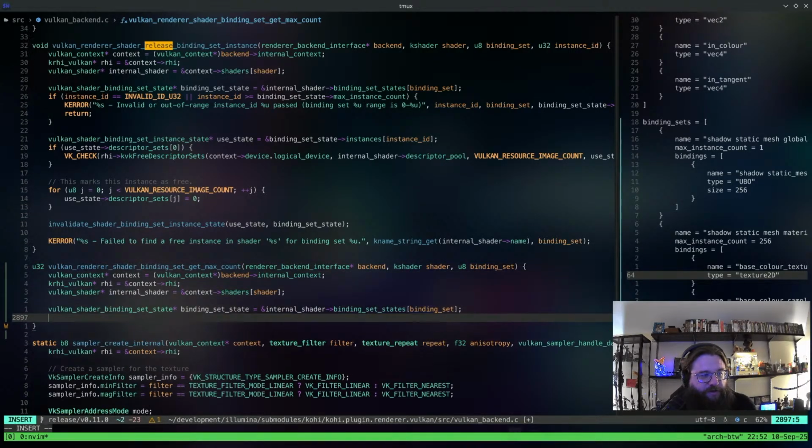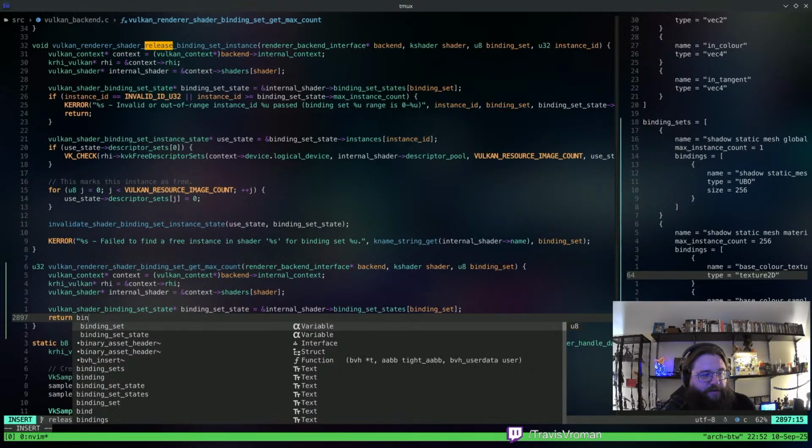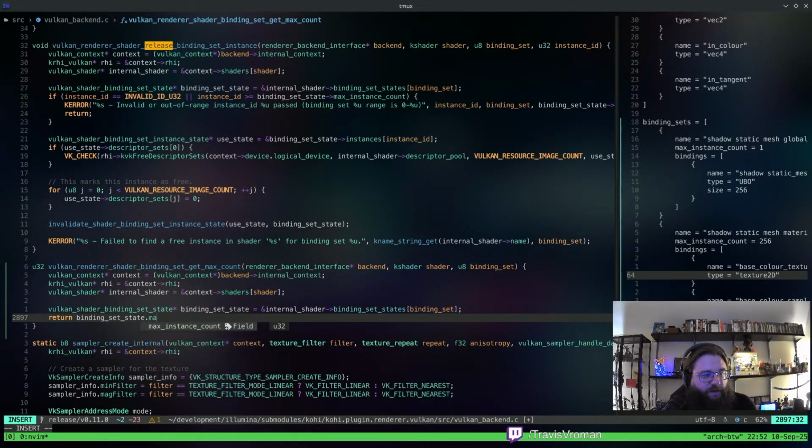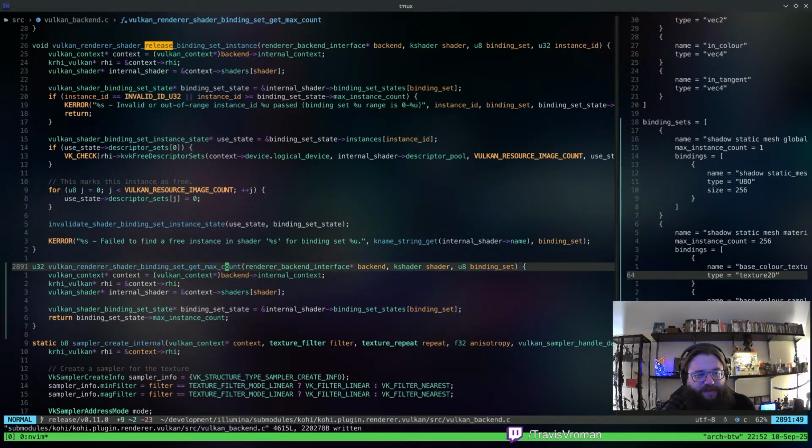So we could just return binding set state max instance count. That should be max instance count. I hate how long that is, but I don't see any way to shorten it. I'm not going to overthink it.